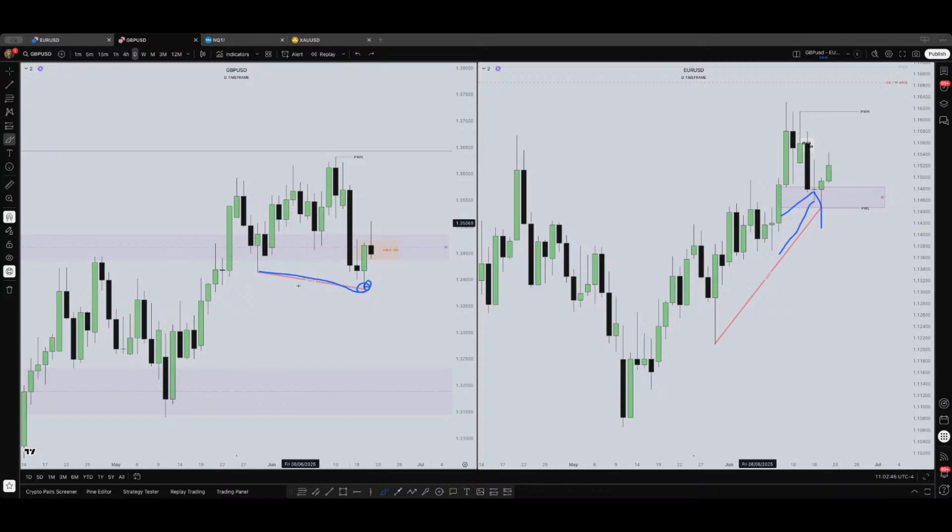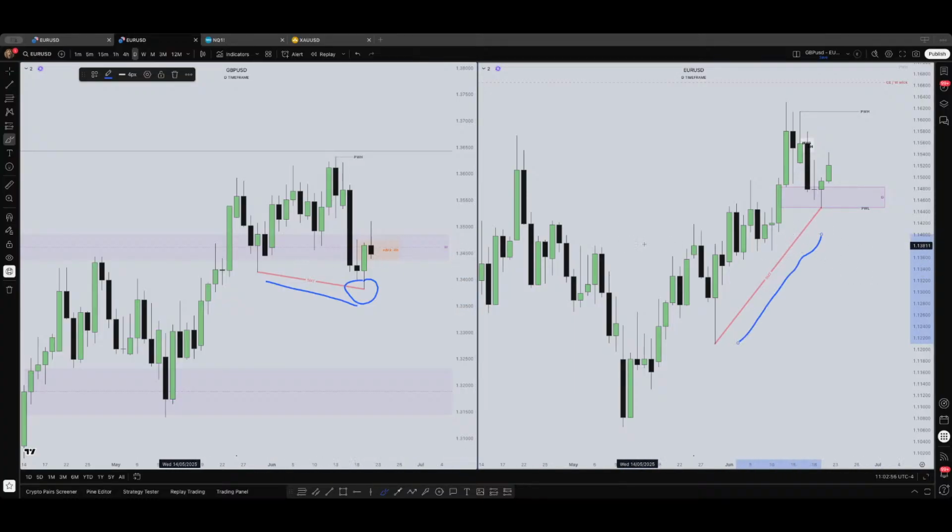So one is weaker, one is stronger, and the weaker will make this fake move. For example, if in this divergence this went lower while Euro USD went higher, you observe the higher. So in the lower you're expecting, okay, this is just manipulation because this is not going lower. So I'm expecting here, after taking this sell side liquidity, if I go to lower time frames, a market structure shift, break of structure, and price will continue higher.